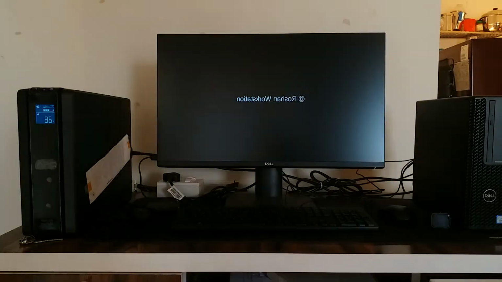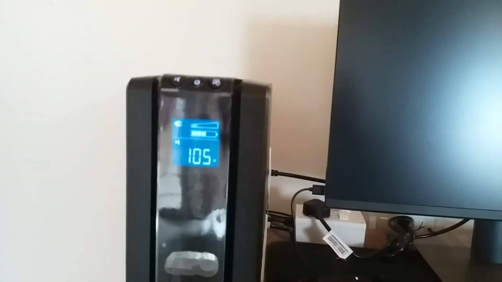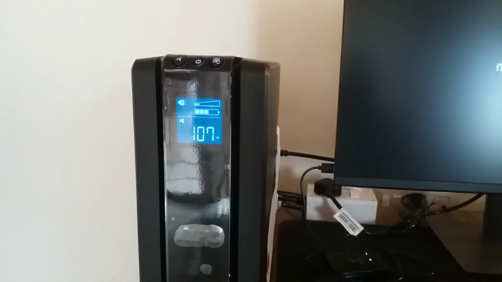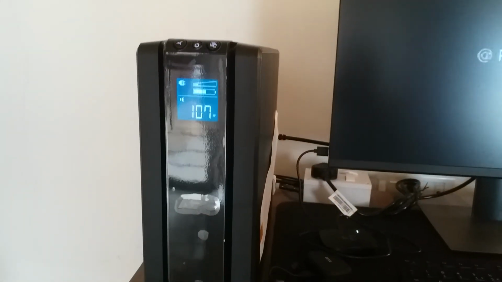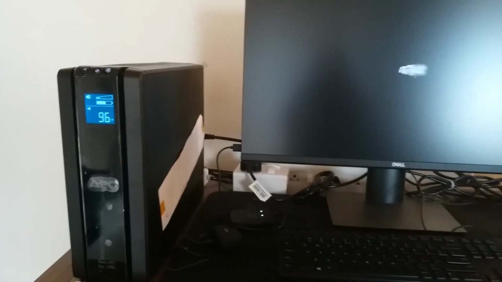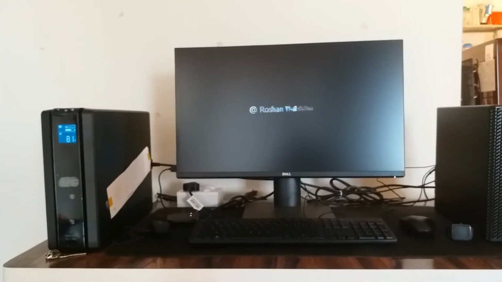Now the power has come. You can see that earlier the symbol was not available. Now this is an indication that power has come. So for example, if the power goes off for some 20 odd minutes, definitely this UPS can work for you.